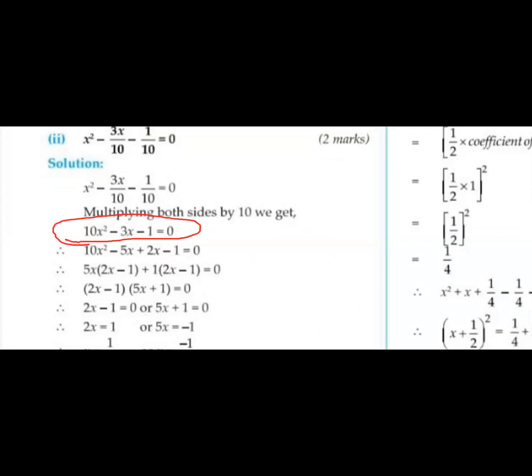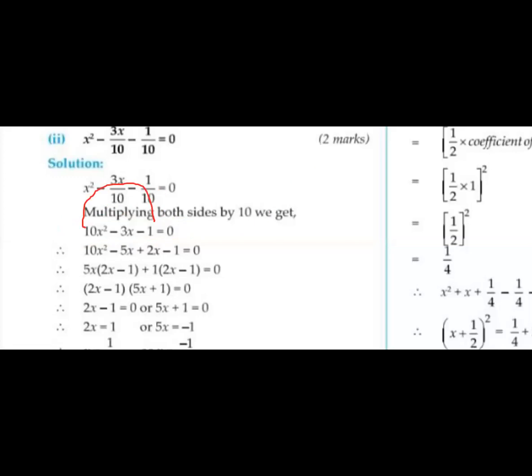10x square minus 3x minus 1 equals to 0, if you multiply by 10 on both the sides. Why multiply by 10? Because as a denominator 10 is here. So multiplied by 10. If 5 was there, we would multiply by 5. Whatever number is the denominator, you multiply by that number. Now